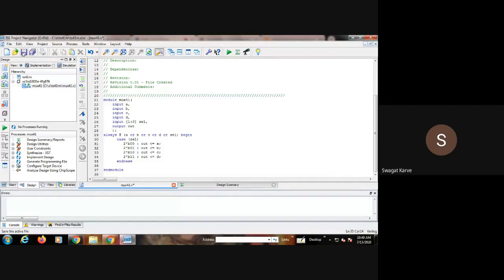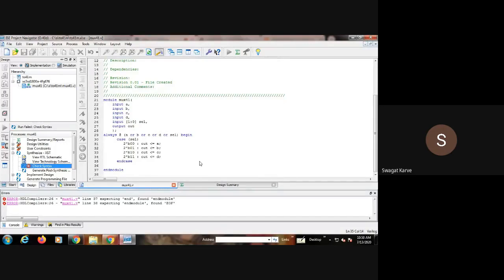Now the next step is to save this project. Okay, save this. Now we will synthesize this. Now you can see the cross mark has come here.